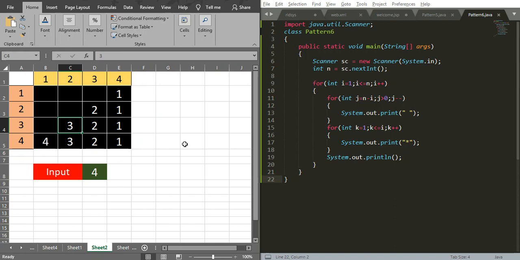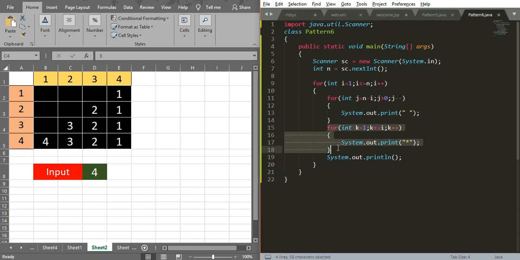Okay, the remaining part, printing the spaces and all, is the same. So we have to concentrate on this k loop, because here only we are printing the values.